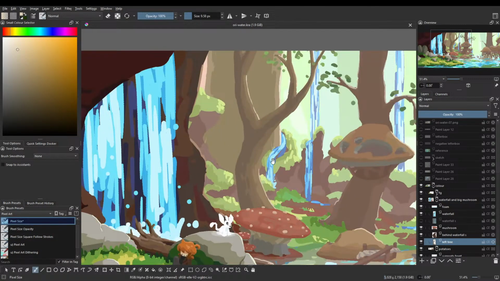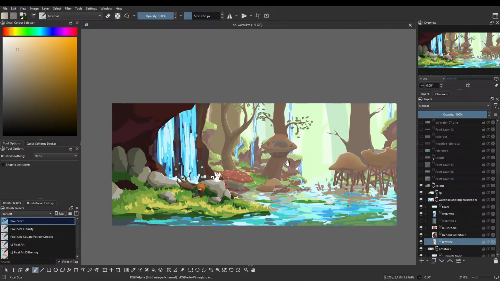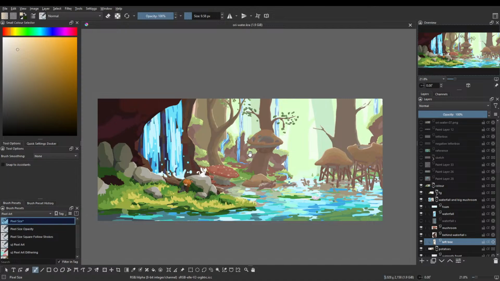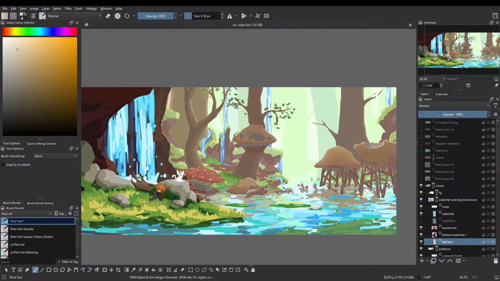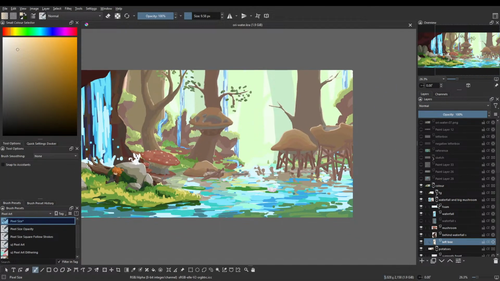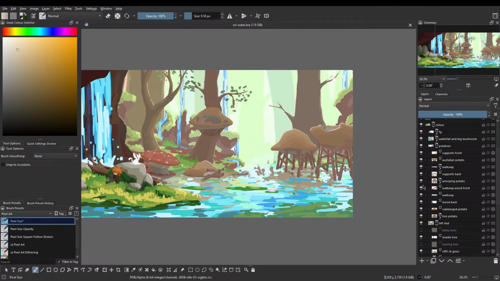Okay. I think I can safely leave this one and continue adding additional dimensions to the other trees. Because if I can nail that, that's going to add a lot to the scene because they're currently very flat, which is not what I want. I want these to be...